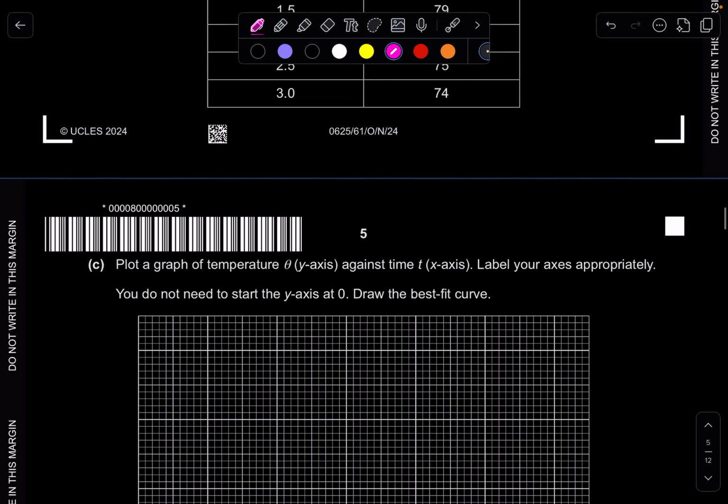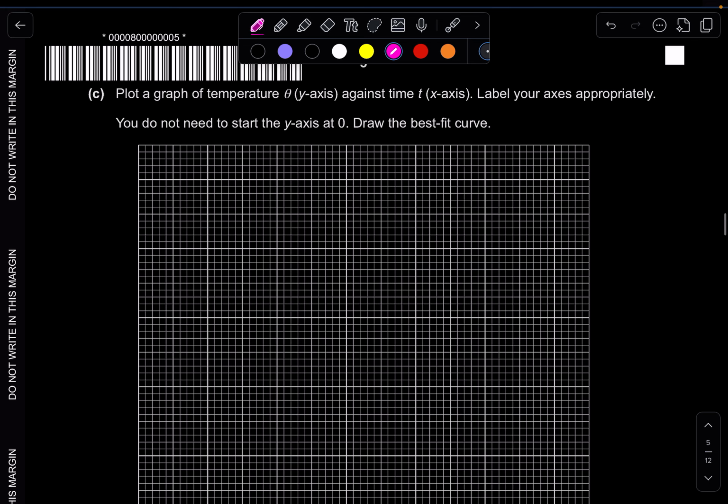Okay, let's move forward. What you have to do, plot a graph of temperature theta on the y-axis against time on the x-axis. Label your axes appropriately. You do not need to start the y-axis from 0. Draw the best fit curve. Okay,